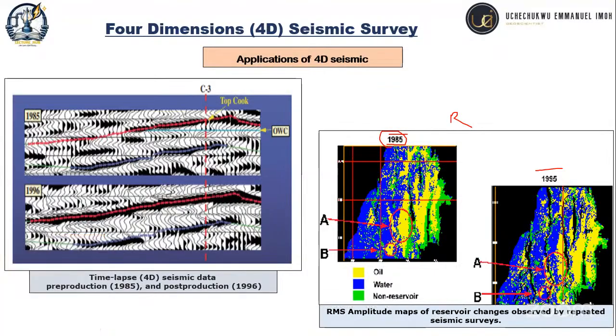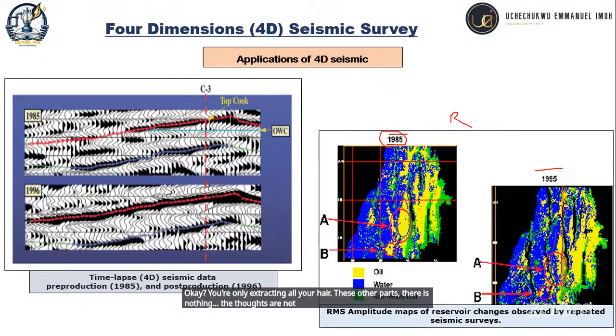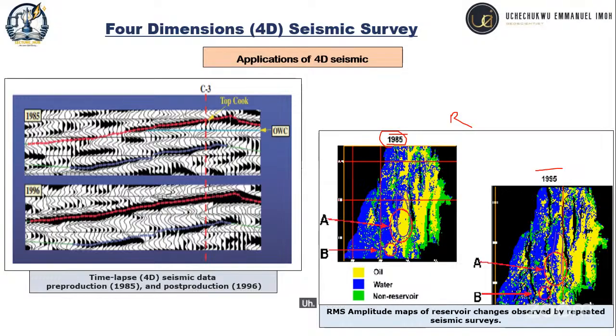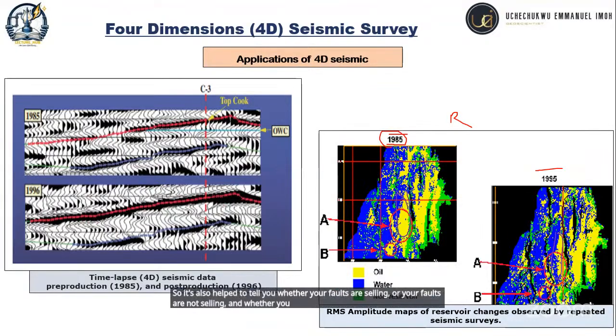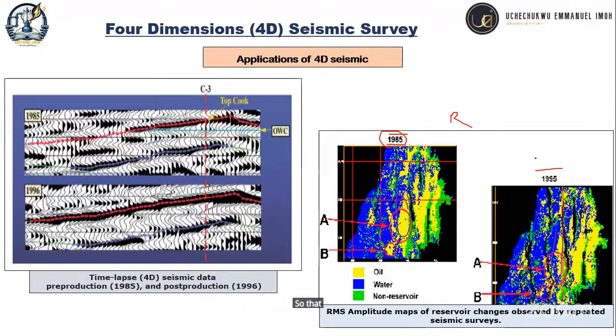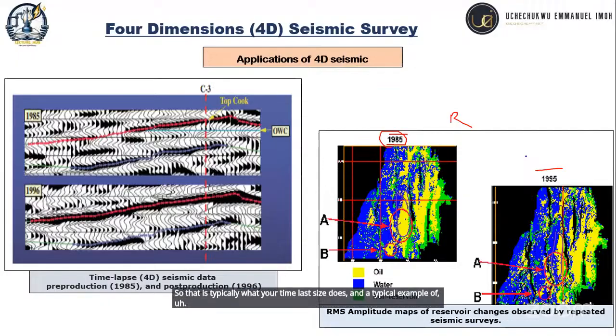You are only extracting oil in this part of the reservoir. Okay, you're only extracting oil here. These other parts, there's nothing, the faults are not communicating. The reservoirs are not communicating. That means the fault is sealing. So it also helps to tell you whether your faults are sealing or not sealing, and whether you have sealing and non-sealing faults. So that is typically what your time-lapse seismic does, and a typical example of a